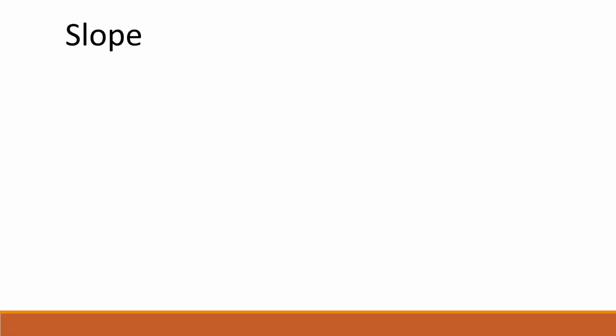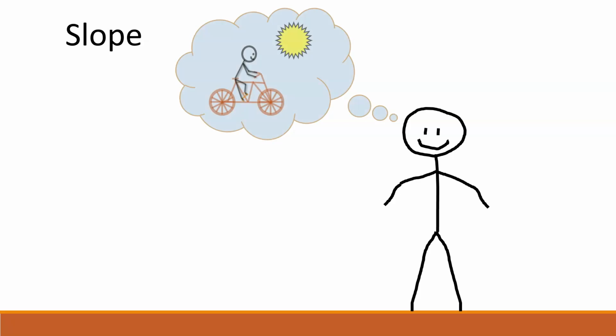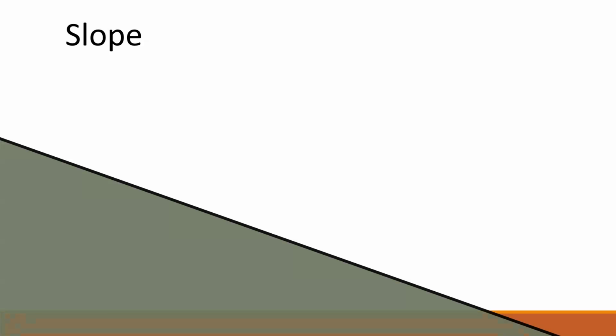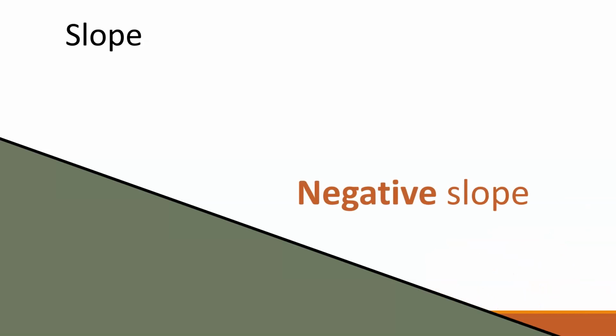Let's talk about the slope of a line. And in order to do that, I want you to think about riding a bike on a nice sunny day. Yeah, just like that. Okay, so let's imagine you're riding your bike along this road. Now, if we think from left to right, the road's going downhill, and this is going to be a really easy ride. When we're looking at a road that goes downhill from left to right, we say that it has